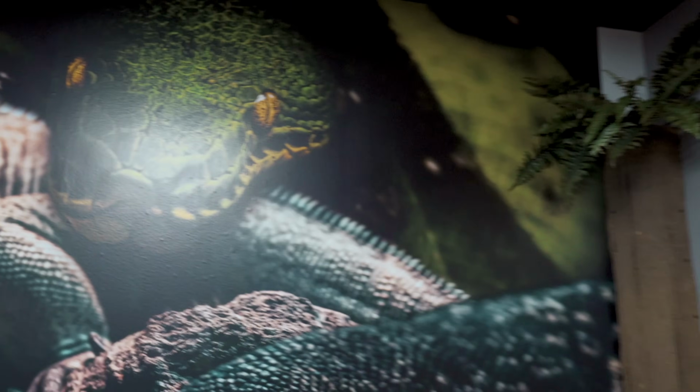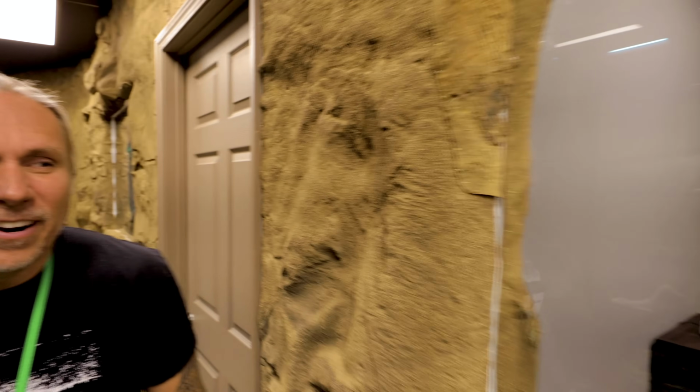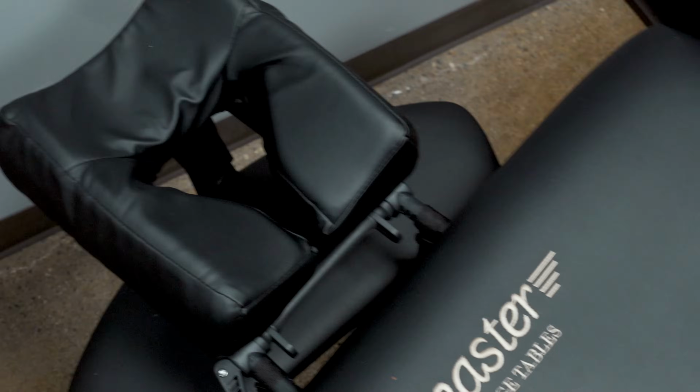Of course, the birthday party room with this awesome mural that Jay put in for us. We've got a TV over here that we can, you know, watch movies if we want to, watch TV, whatever it is when we're having events. I absolutely love this room. I love the way it turned out. It's absolutely amazing. Of course, the next room over here is the snake massage room, which is really, at least